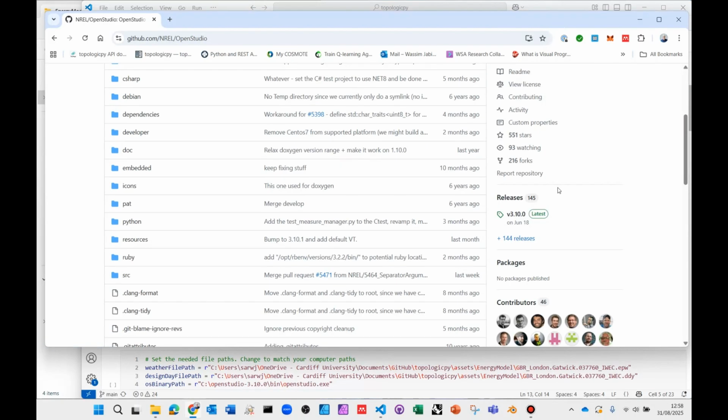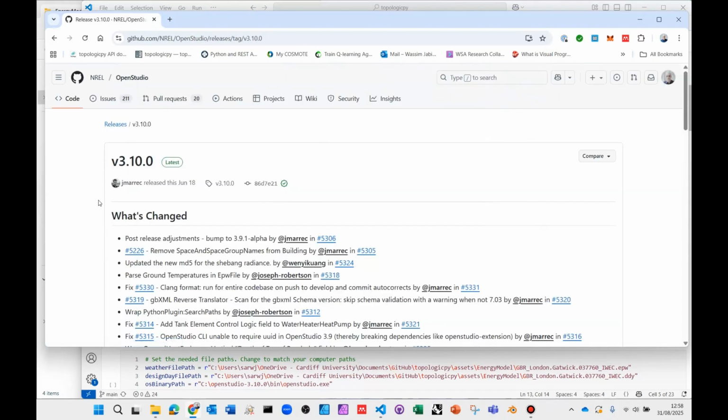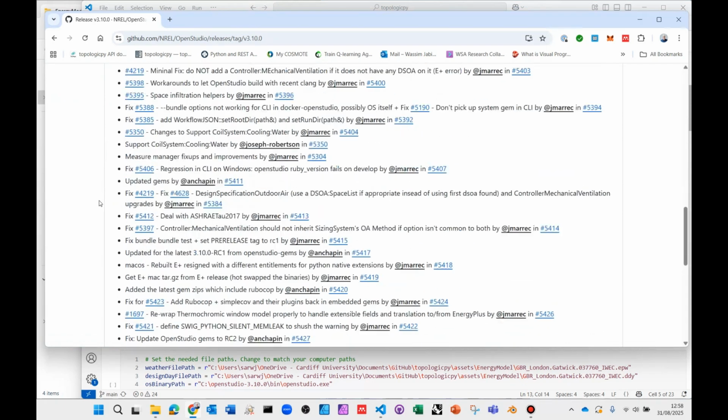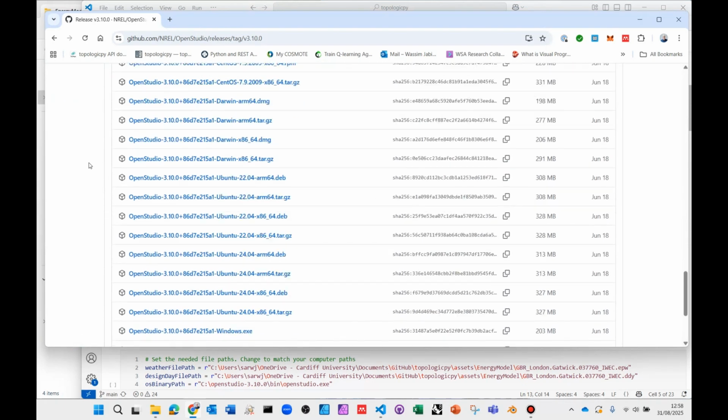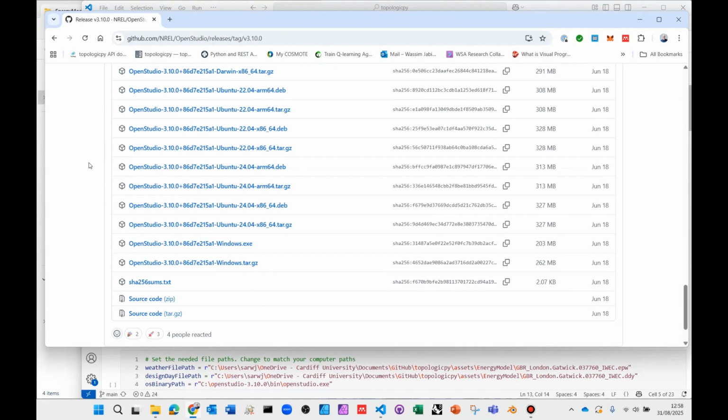And you'll notice under releases on the right side, 145 releases, that version 3.10.0 is the latest. So you click on that. It was published June 2025. And if you scroll to the bottom, you'll find all the artifacts, or the assets, as they call them, that